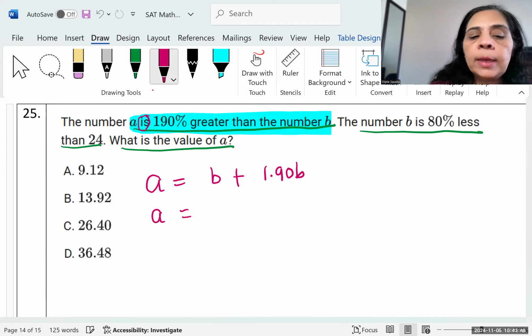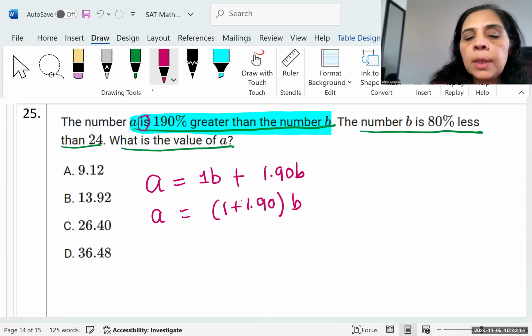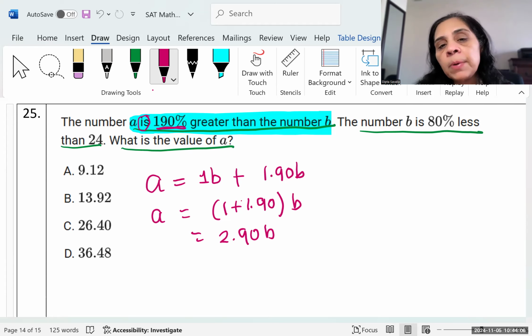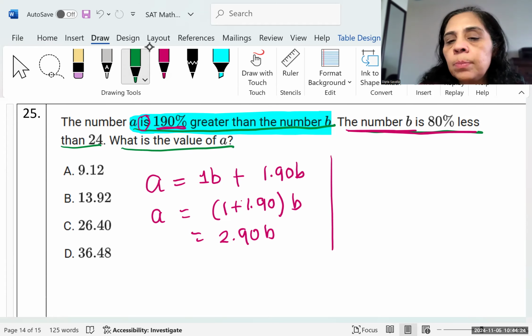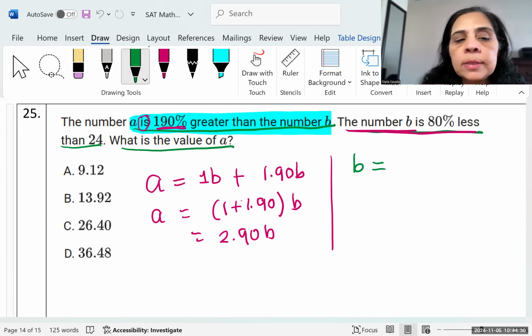If we simplify a little bit more, we can take out B, so that is 1B plus 1.90B, which is 2.90B. You can always think that 190% greater than means 2.90, which is 100% plus 190%. All right, now the second part says B is 80% less than 24. So let's do the second part. B is 80% less than 24, right? So we can say 24